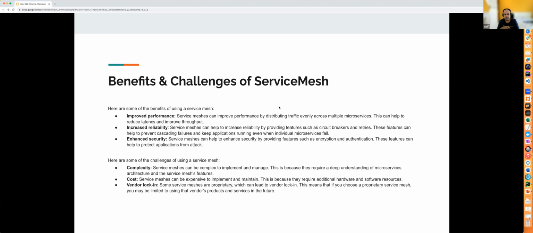And then the vendor lock-in. Vendor lock-in is something like, if you are trying to use one service mesh and you want to move to another service mesh, it is again a change of the SDKs and all. In that case, the configuration plays an important role. So you need to go and change the configurations. The application will remain the same, but the configuration of your service mesh needs to change again. So that is one of the vendor lock-in issues we face in the service mesh.